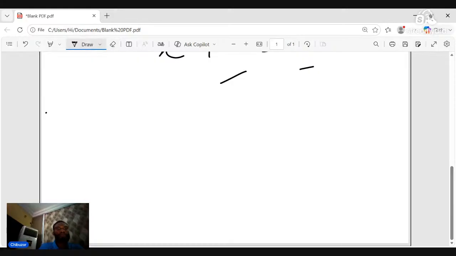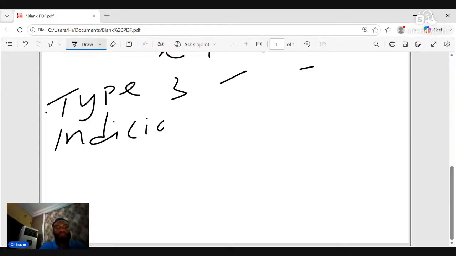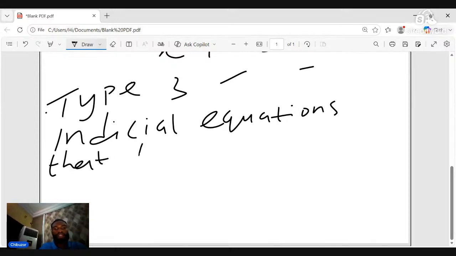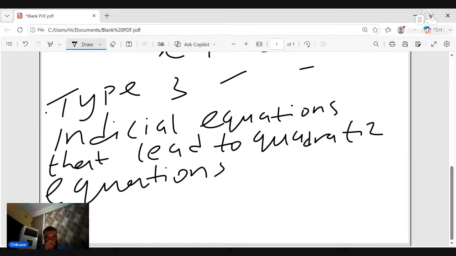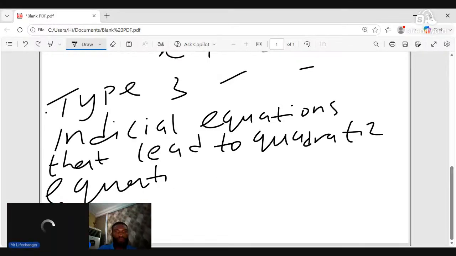So for type 3, we'll be having indicial equations that lead to quadratic equations. Okay. So for this,